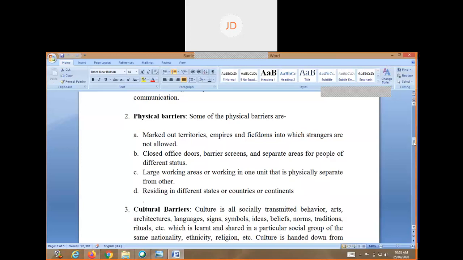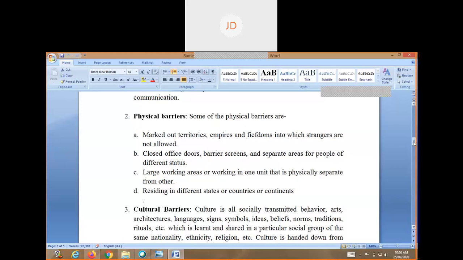You won't be allowed to go to his office. You have to do a lot of formalities for that. That is also a barrier. If you want to personally contact him, you won't be able to do this, because he has a different status, and you are not allowed to meet that person personally, directly. Okay, then large working areas can also act as physical barriers, because you are working in a wing